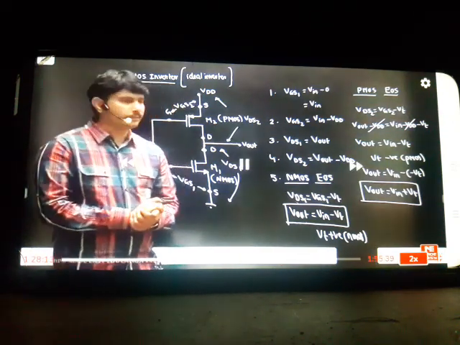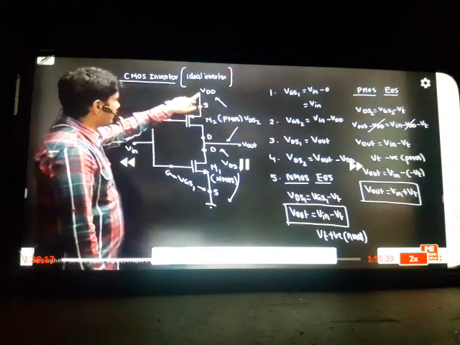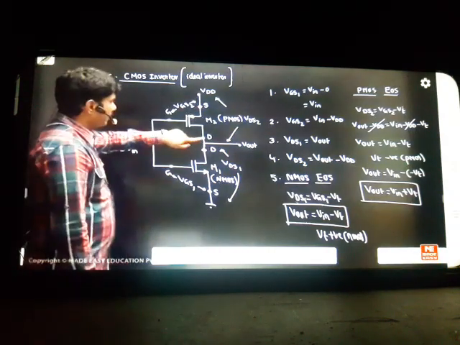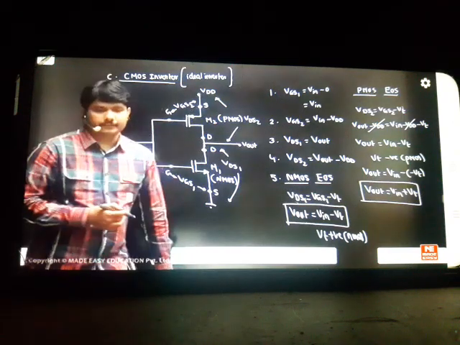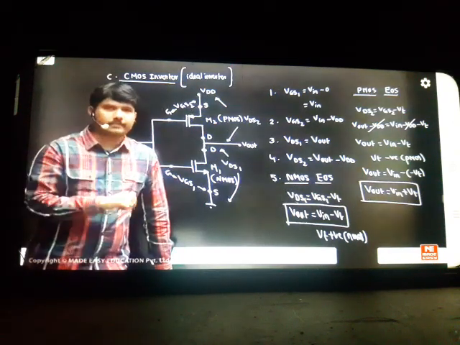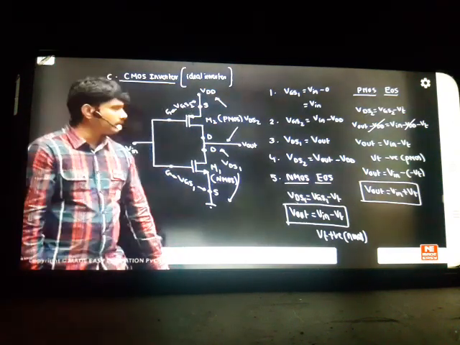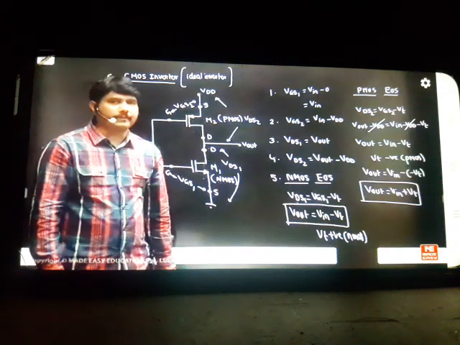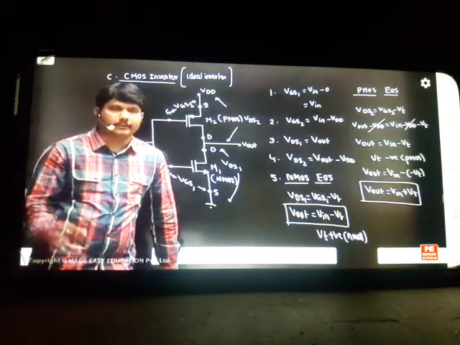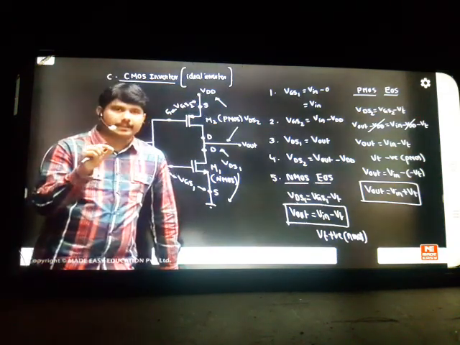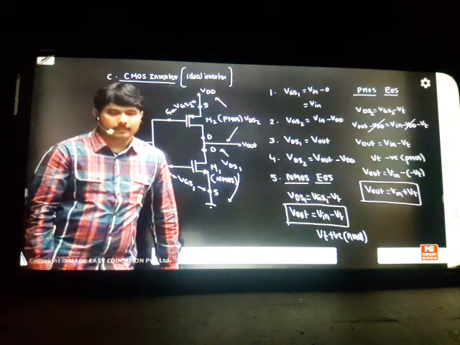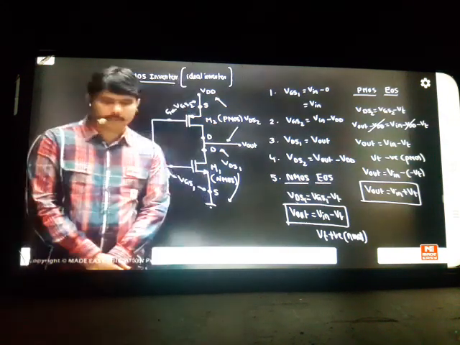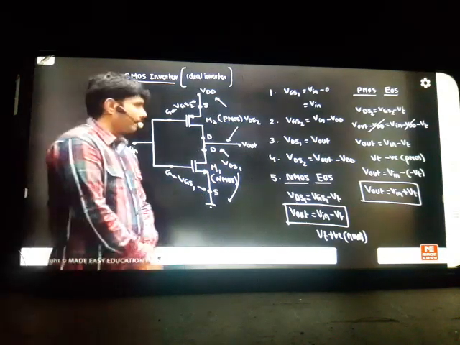Sravnidas, use a little logic. You are saying VDS2 is VDD minus V out. What am I saying? V out minus VDD, because I'm talking here D to S, not S to D. Look at the terms a little, my friend. It is not VSD, I'm talking here VDS, because everywhere I teach VDS. When you are talking VDS, this is higher potential, this is lower potential. It is not VDD minus V out. If you want to write that answer, the value should be VSD2, not VDS2. Okay, Sravnidas, I think you made a slight confusion by yourself. So terminology is very important. Okay, got it? Great.